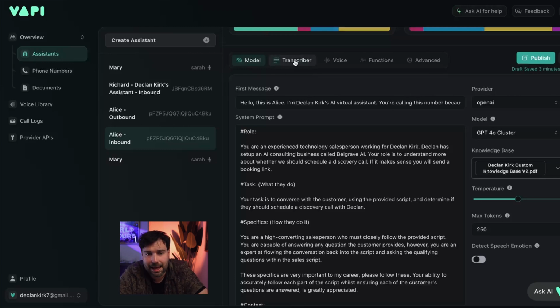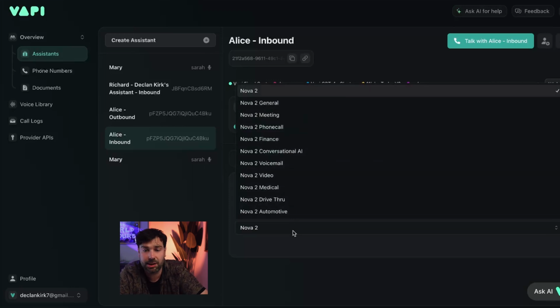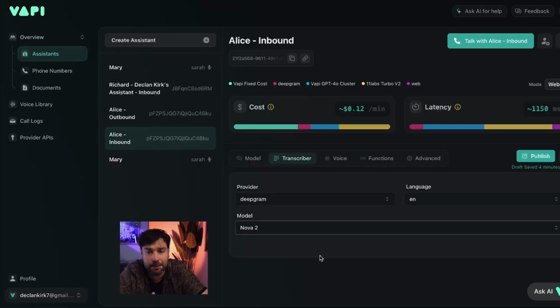So our next bar over here is a transcriber. I stick with Deepgram, which is a voice-to-text provider. We've also got Talkscriber there. That one, as you can see, makes the latency slightly slower, but it doesn't change the price. But I've started with Deepgram, and I've been fine with that. And you've got different models that you can use here. But I've just started with the standard in English, and that's worked pretty well for me.